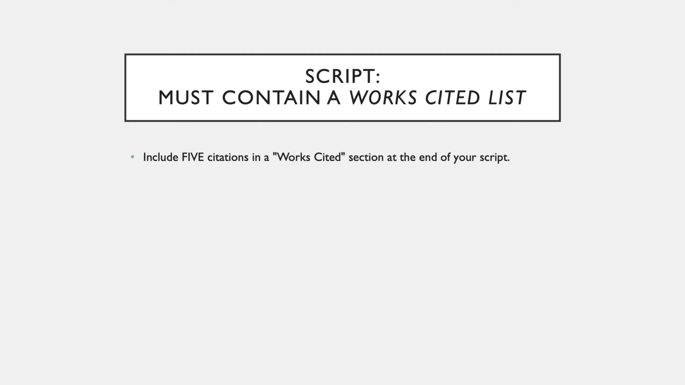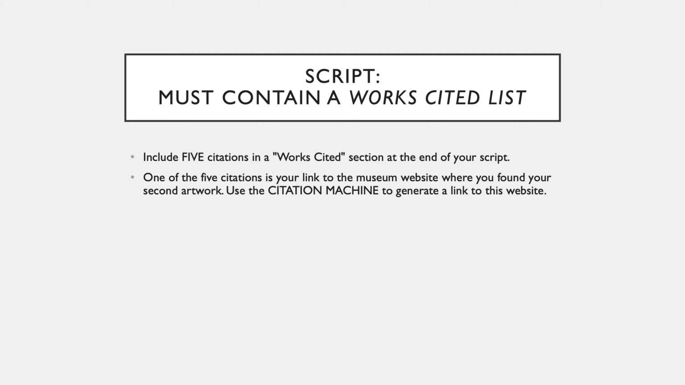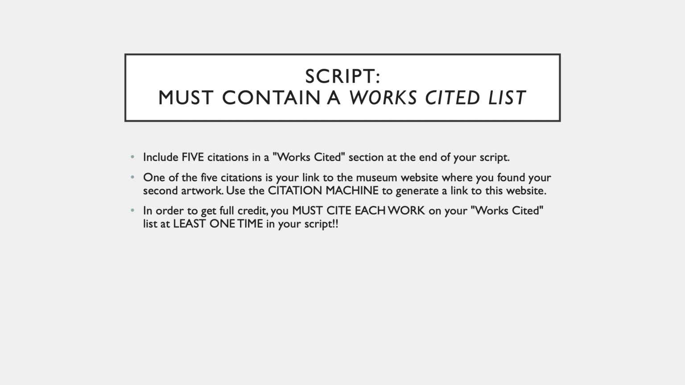Include 5 citations in a works cited section at the end of your script. One of the 5 citations is your link to the museum website where you found your second artwork. Use the citation machine to generate a link to this website. In order to get full credit, you must cite each work on your works cited list at least one time